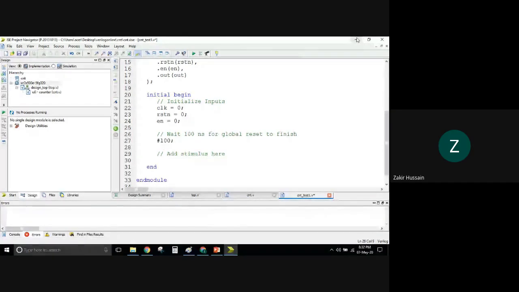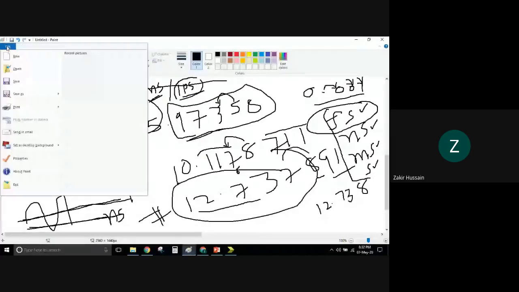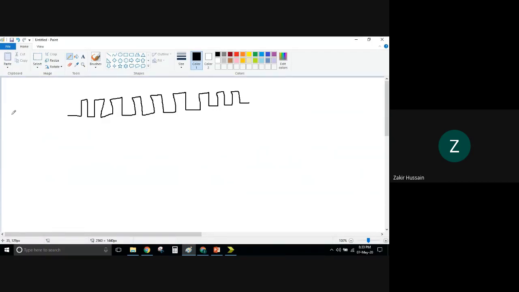Before that, I said several times, you don't blindly develop a test bench. You have to have your timing diagram first. So timing diagram means your clock is anyway coming like this. You have to decide what is the on time, what is the off time. That you have to decide. This is your clock signal that is coming in. So this is your CLK clock.